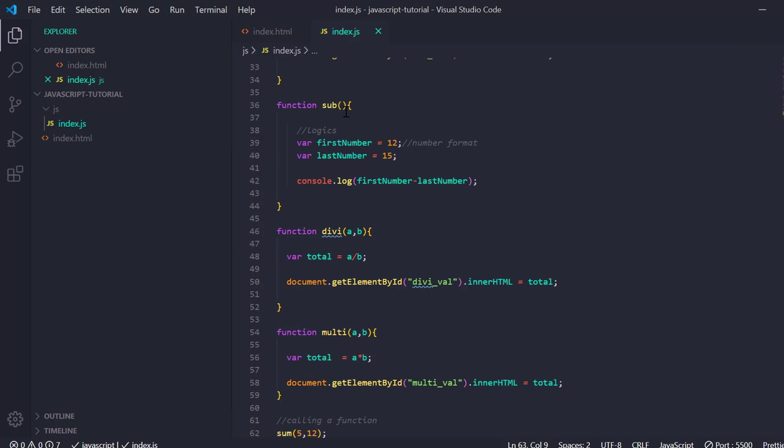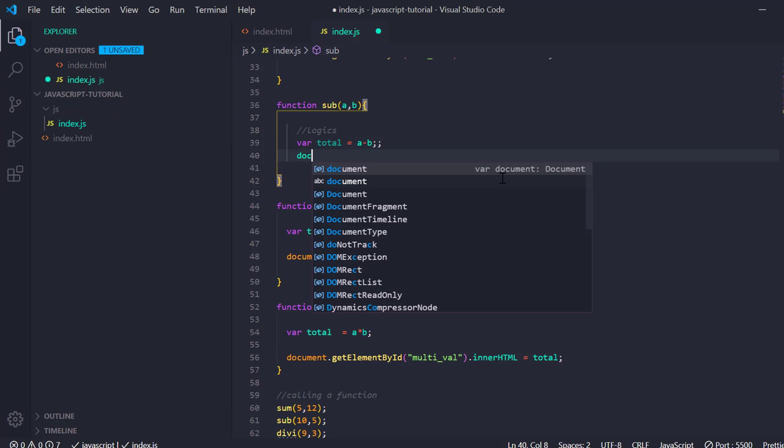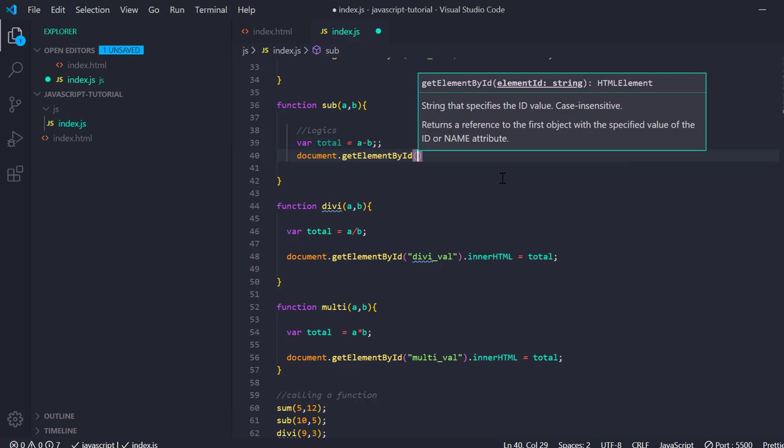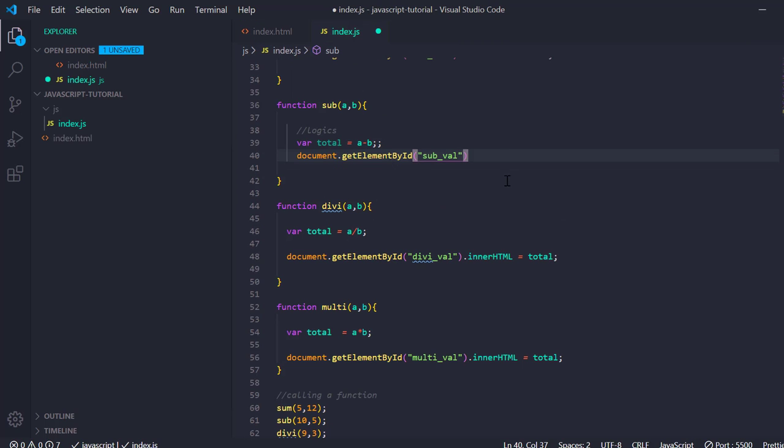Also in the function definition, I need two parameters, and in this case I'm going to create a new variable, and it should be a minus b. This is my logic. Okay, and again I'm going to call the document object and getElementById. I need the reference of this p id, and then I'm going to change its innerHTML to my variable. Okay,